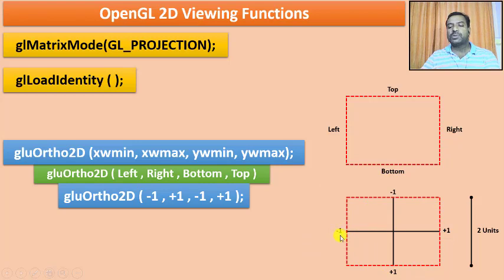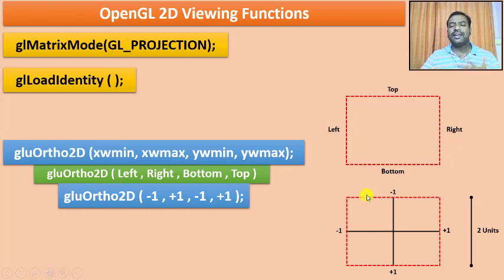I'm going to have -1 at the negative x-axis, +1 at the positive x-axis, and there's going to be a mistake here, so please correct it. This is going to be +1, and this is going to be -1 because bottom is -1. The entire y-axis will be 2 units and the x-axis will be 2 units. Starting from -1 to 0 is 1 unit, 0 to 1 is the second unit. Hence,